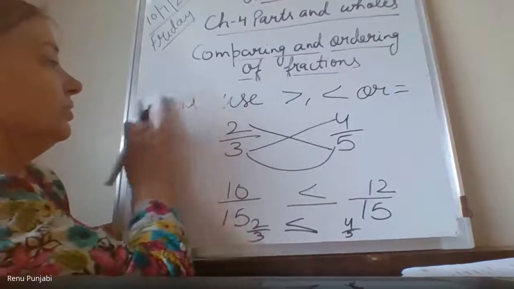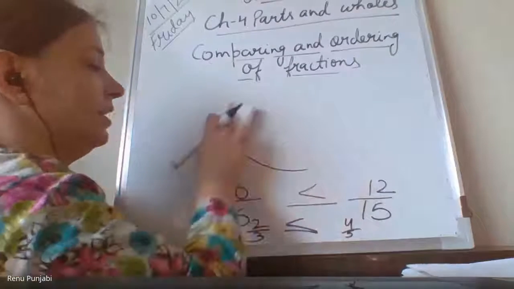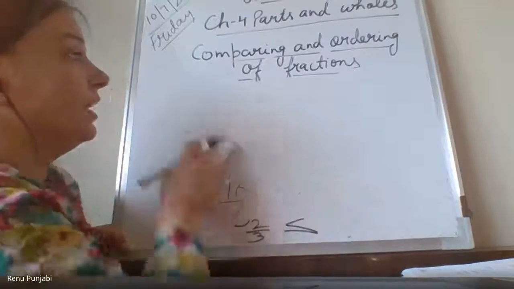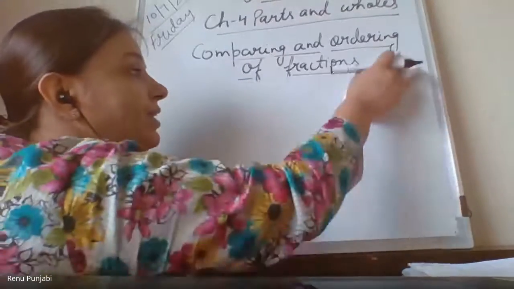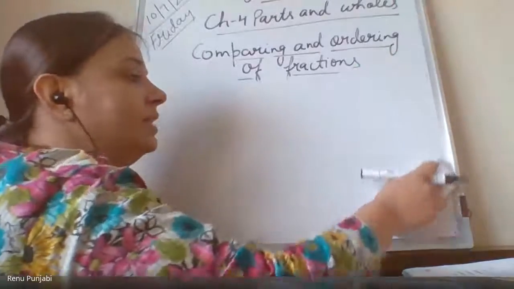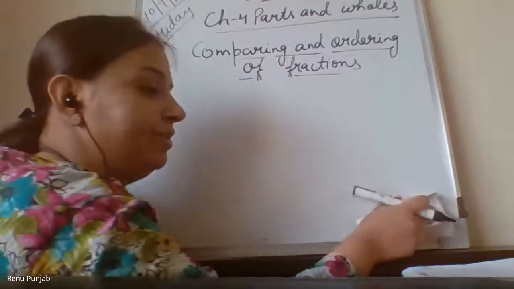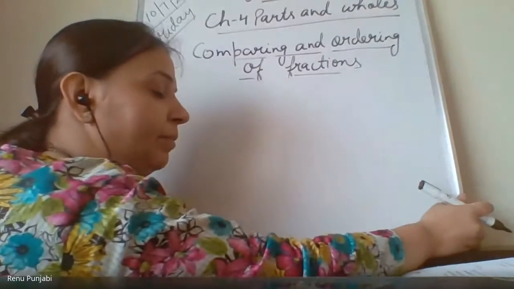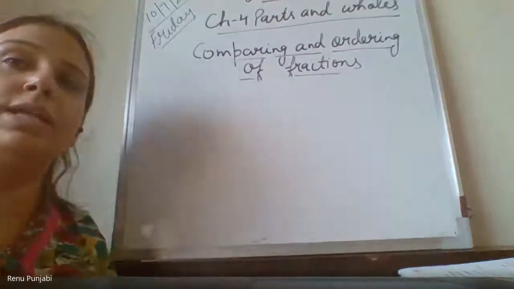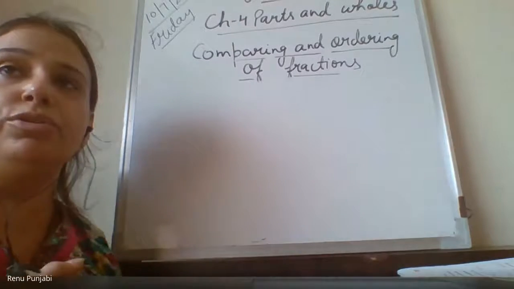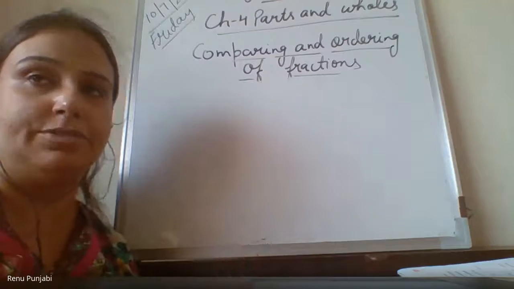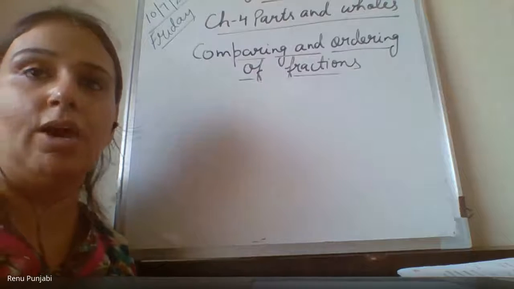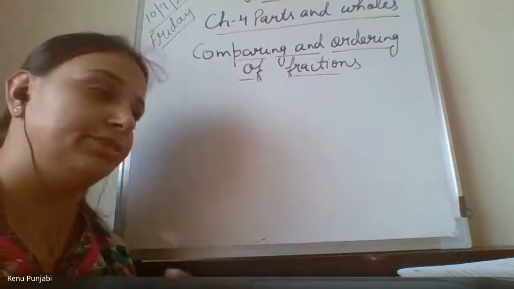Okay, now we will understand about how to order. As I said, we have to learn today comparing and ordering. Ordering means, comparing we have done. Now ordering means ascending and descending orders you must have learned in your previous classes. So you have learned about the numbers. Easily you can know how to compare or how to order the numbers when they are not in the fraction. But here we are going to learn how to order the numbers when they are in fractions.